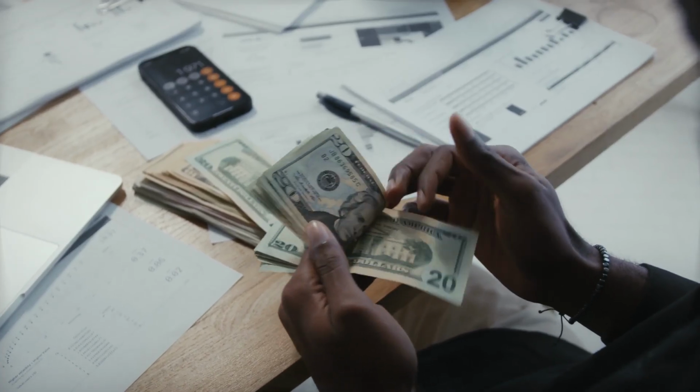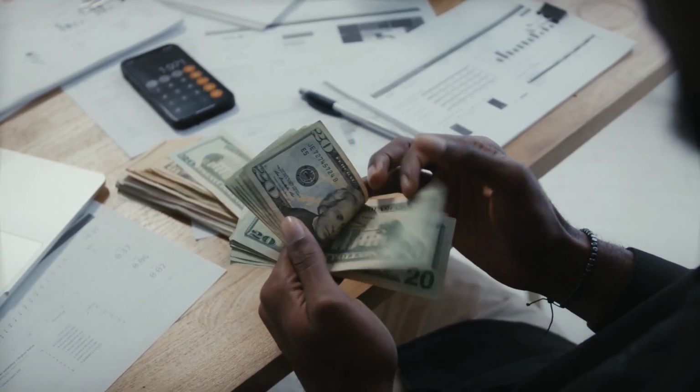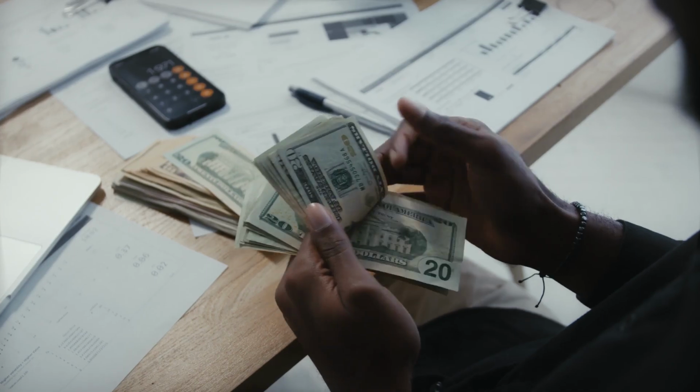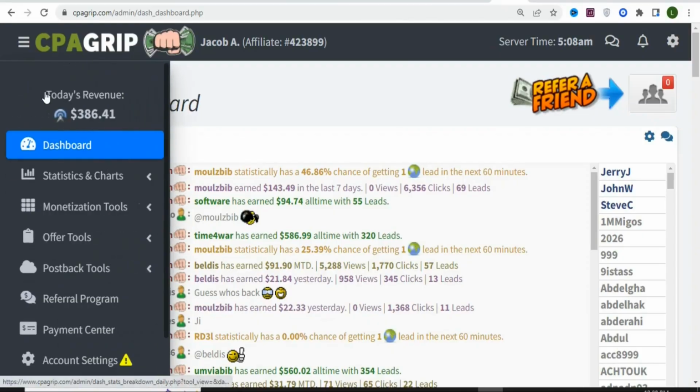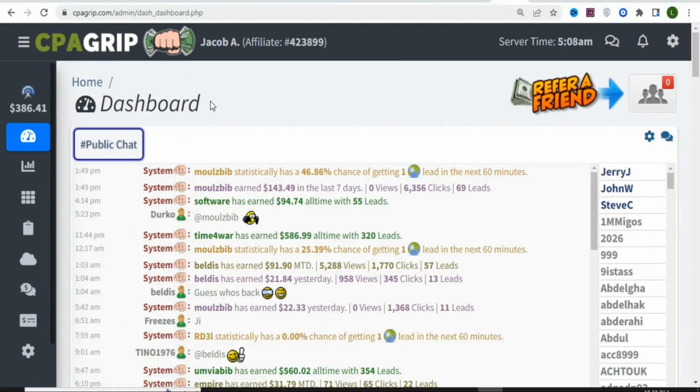On today's video, I'm going to show you a simple strategy that you can use to make money on CPAGRIP. This is a very easy method. It does not require any experience to get started. And the best part is that I'm going to show you an offer that will pay you $6.84 per every